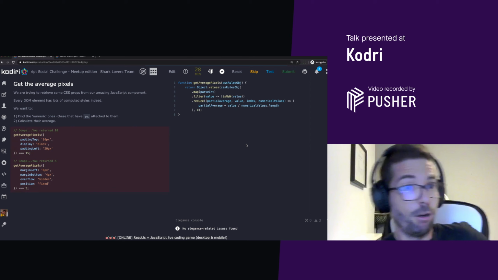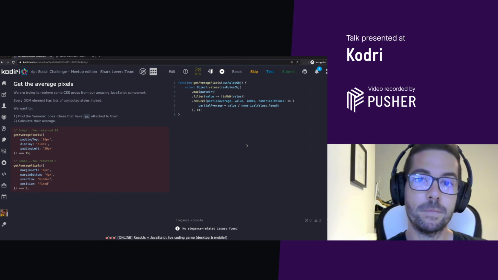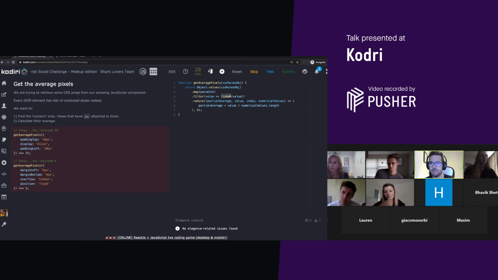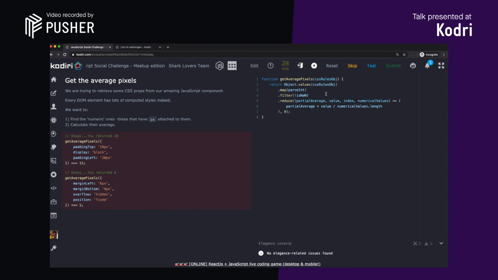Anything else, folks? Could we, on the filter, drop the filter down to negate is not a number, or does it not work? I'm just wondering how it works in comparison to map, because I know it didn't work with parseInt with map, but if that's something that can be done with map, I don't know. I'd be surprised if that will work, because you are binding with a function and you are negating the binding.